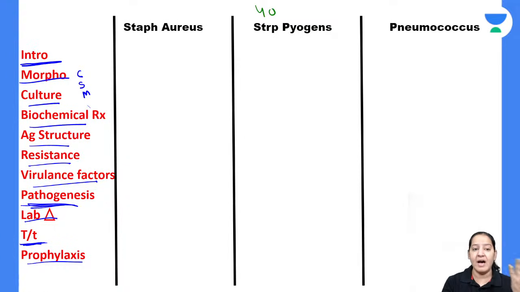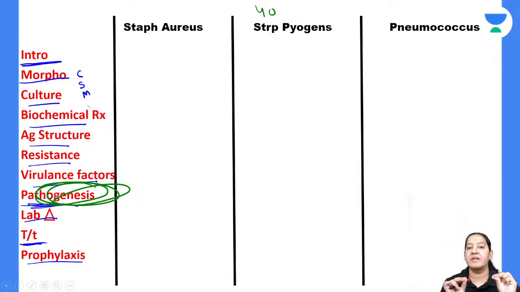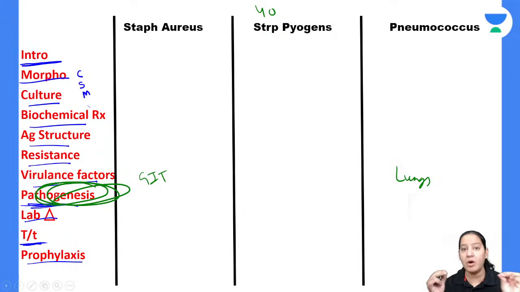After that, I will ask you to see this column of all the 40 bacteria. Once the tables are ready with you, see the pathogenesis. In pathogenesis, you have to write the system the bacteria is involved with. Like Staph aureus, it will cause food poisoning, so it will involve the GIT also. It will cause pus in the entire body, in multiple systems. So all the systems, you know, pneumococcus will involve the lungs, right? So you have to write the system along with the disease and the symptoms and pathogenesis.